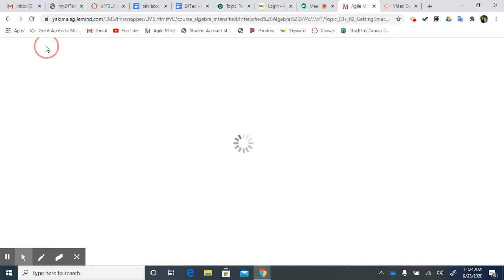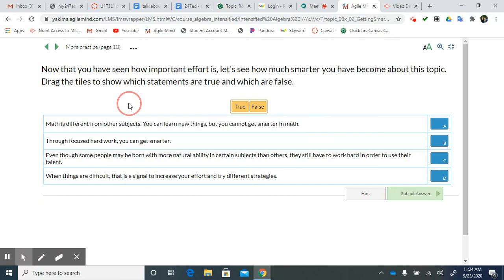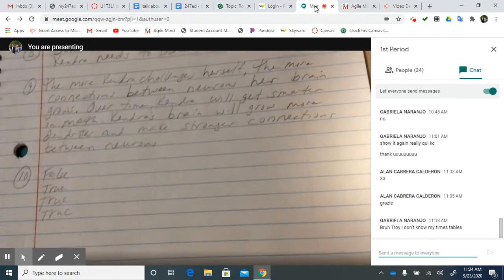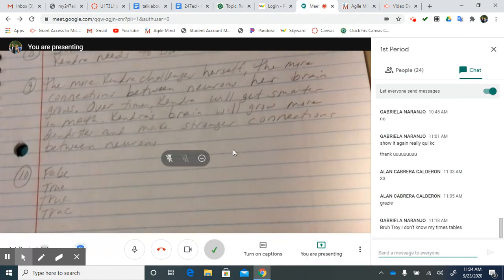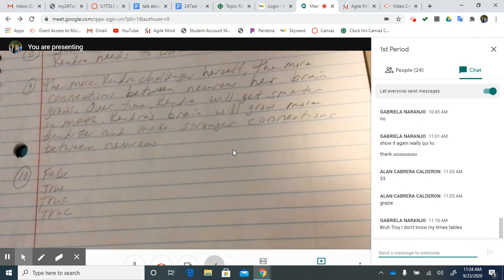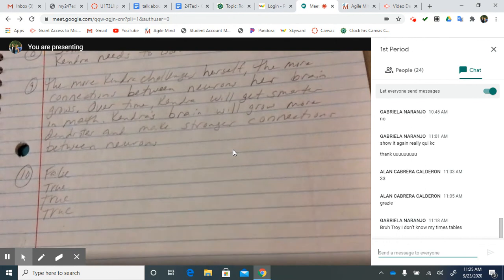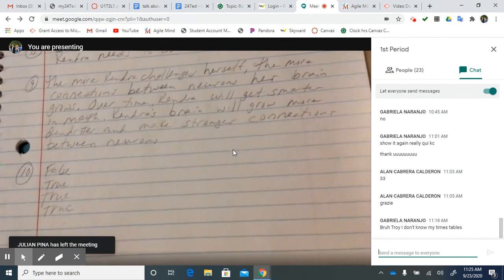Okay, that was it. There was only 10 in that one. Okay, so with your notes from more practice and guided assessment, you can take pictures of your notes and submit them into Canvas, and I'll give you half credit. Or if you actually went in and did it, you'll get